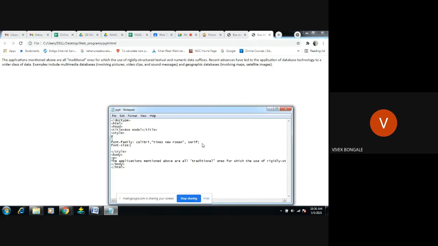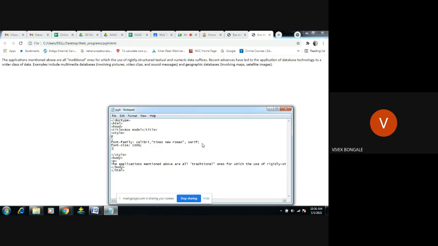The basic thing in font size is that either we can give the font size in percentage or with the help of em, which is an equivalent unit. So the font size I will make 100%. Either we can keep this in percentage or in em.